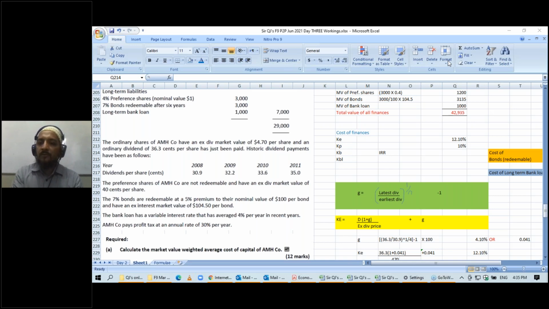Okay, now first, before going on to the IRR, I'll calculate the cost of bank loan, because cost of bank loan is simpler. If there is a term loan, then it doesn't have any market value. So if any source of finance does not have any market value, like bank loan, the calculation is very simple. You just have to take the interest rate and 1 minus t. That's all. This is what is to be done. So the interest rate on the bank loan,